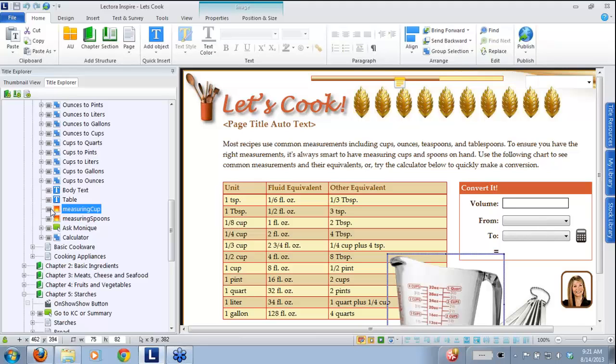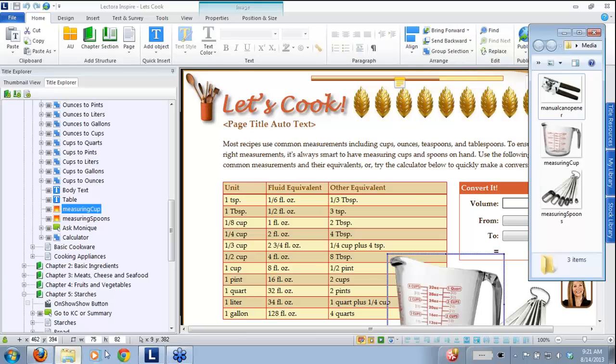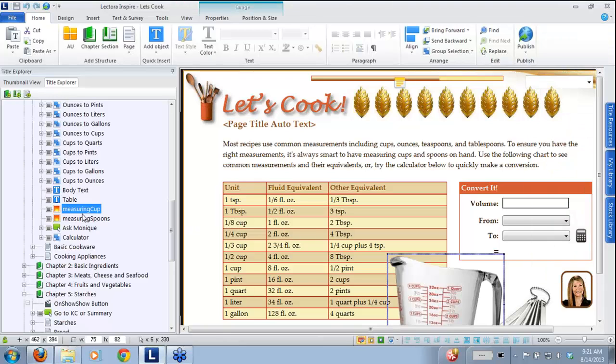I talked a little bit about resource names. You can see here, if I pulled in, let's say, these graphics ready to be added to my title, notice this one here is called Measuring Cup. When I dragged and dropped it here onto my title page, it automatically renamed as Measuring Cup in my Title Explorer. So it didn't default to something like Image 1 or Image 2 because I was using that resource names